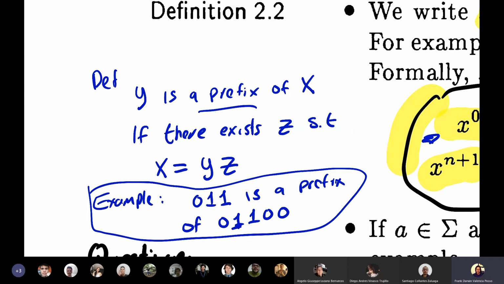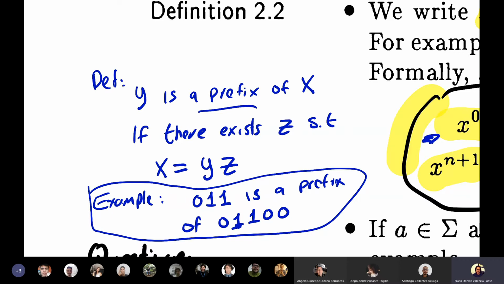Angelo, can you tell me what string here represents z? Profe, el conjunto sería 0, 0, ¿no? The string. The string would be 0, 0. Mm-hmm. So now you understand the notion of prefix? Sí, sí, ya quedó más claro, profe. Okay, so